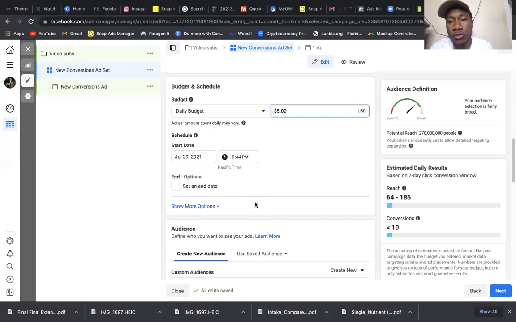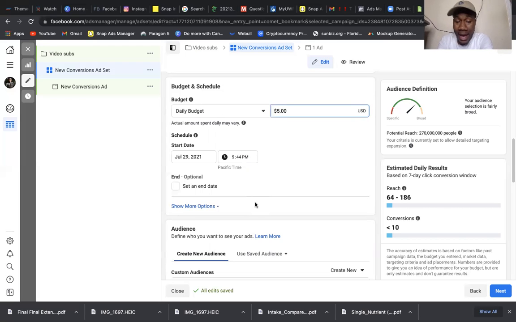Now, if you're just doing videos, or you're getting message conversions and things like that, I recommend not messing with the ad until at least 3 to 4 days. Let them run for 3 to 4 days, and then go back, and if you see you aren't getting any conversions, that's when you need to start tweaking stuff. Make sure you start tweaking things before you even start deleting or turning off your ad.